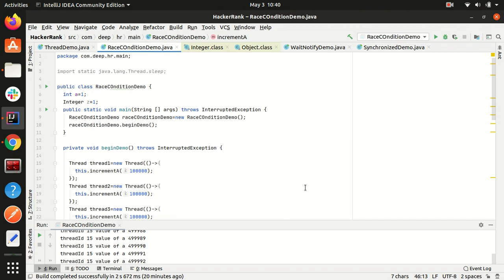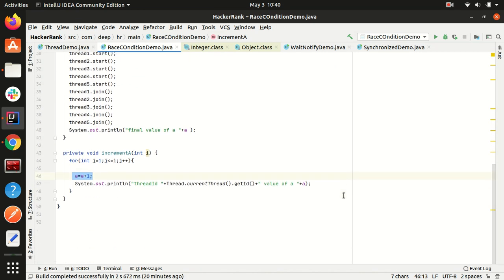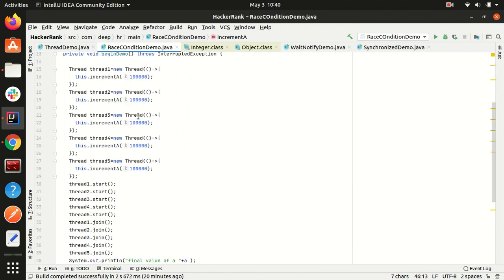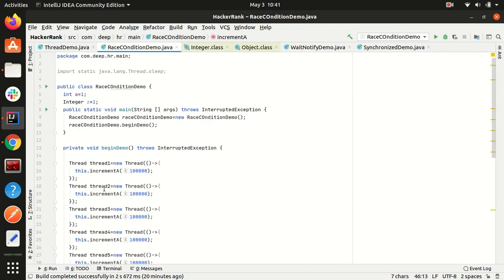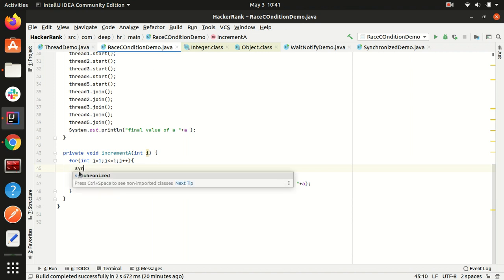This is the same code with which I gave you a demo of the race condition occurring. Here we have created an object, Integer z equals 1. As we know, Integer is an object, so we will write this part of code inside a synchronized block.